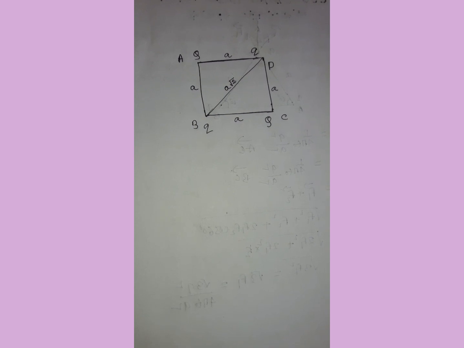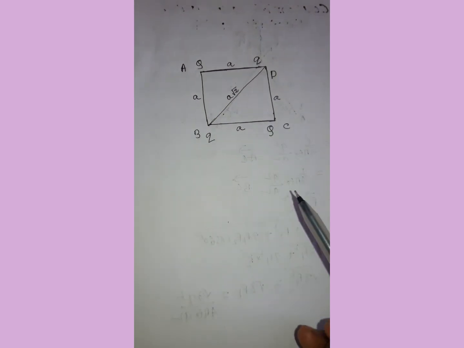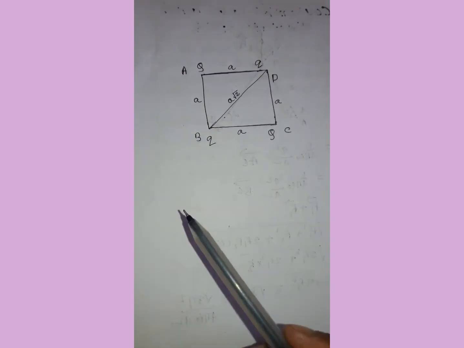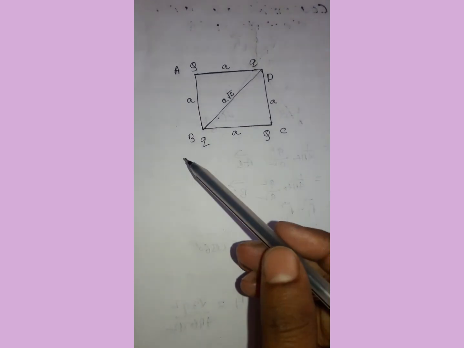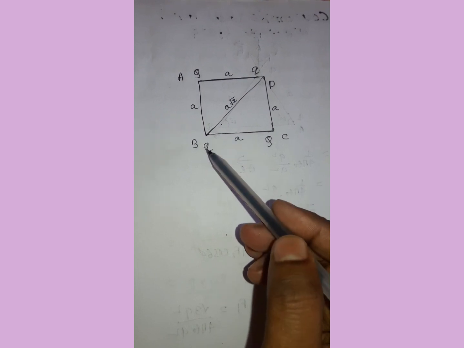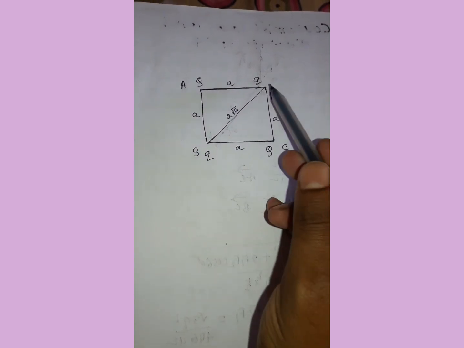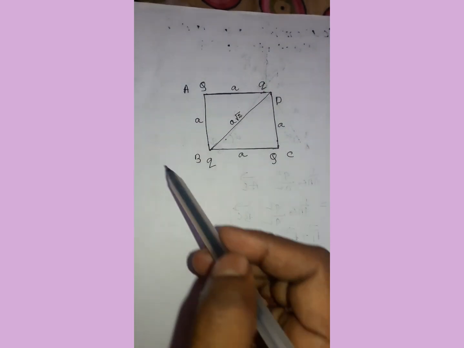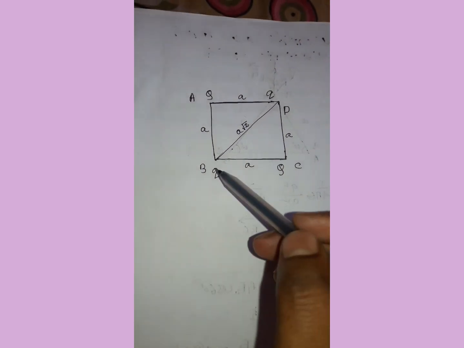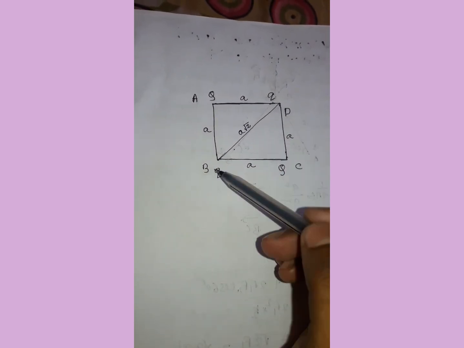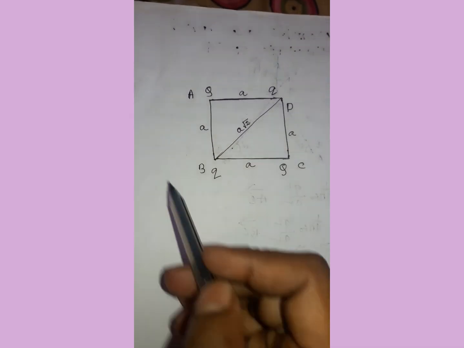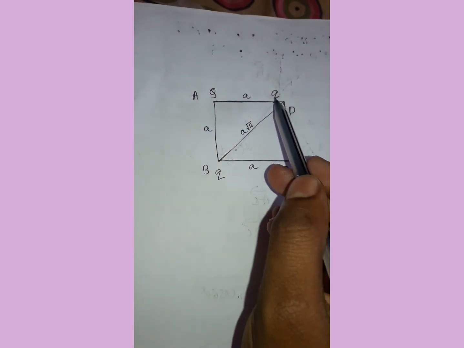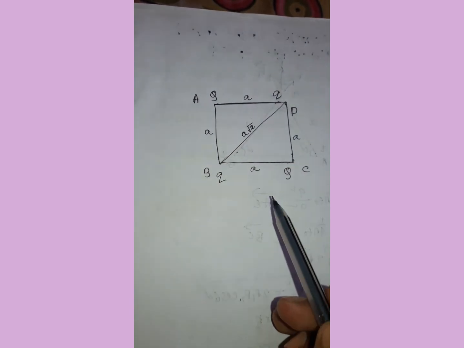According to our given problem, we have drawn this square. A is the side of the square, and we have placed charges of value small q at the corners B and D, and charges of value capital Q at corners A and C. We have calculated the distance of the diagonal BD is A root 2. Now we want to calculate the force on small q due to the other three charges.